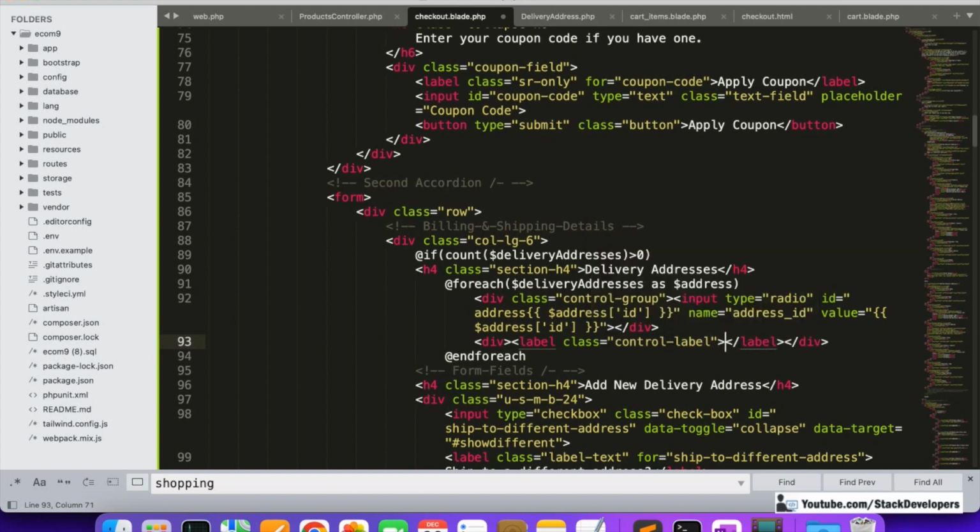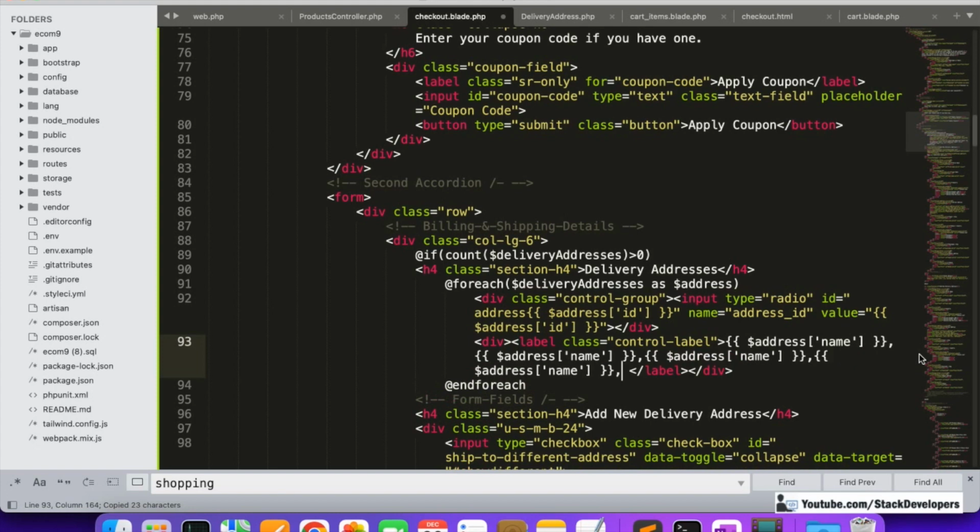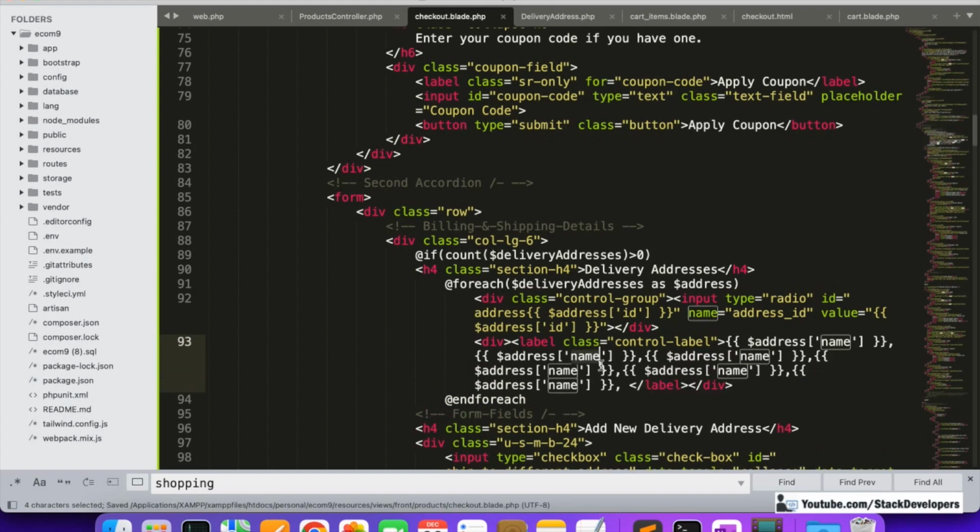Now we are going to show the complete delivery address, like address name. After this one, address, city, state, everything we are going to show up here. I'm going to do it like this: 2 3 4 5 6. Then address, city, state, country,